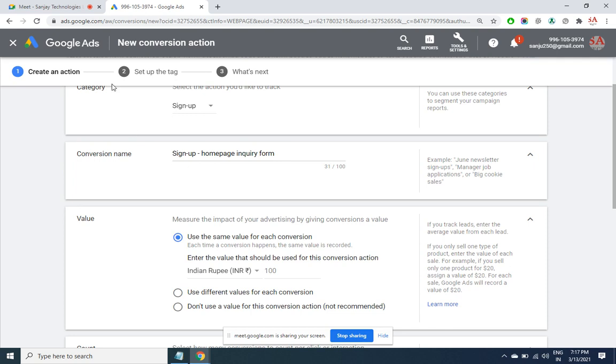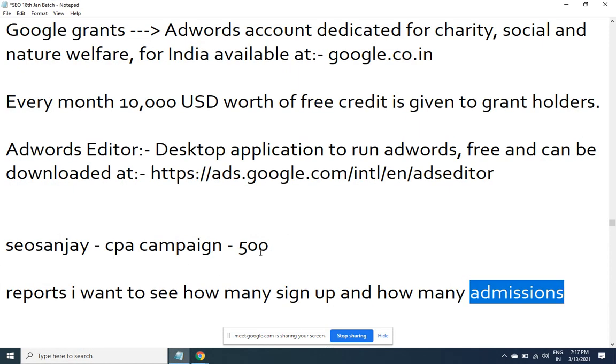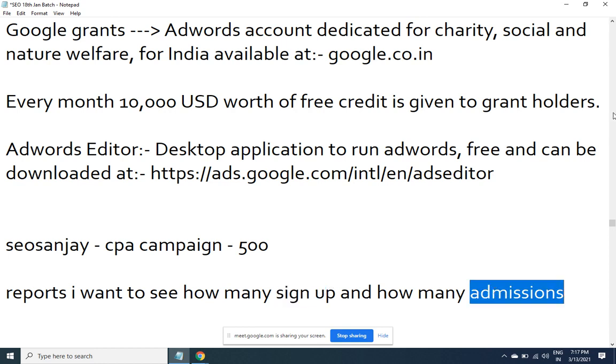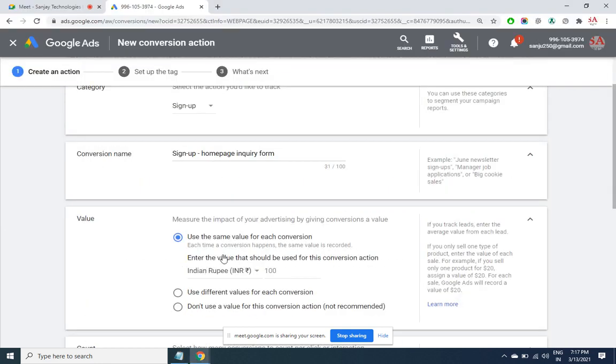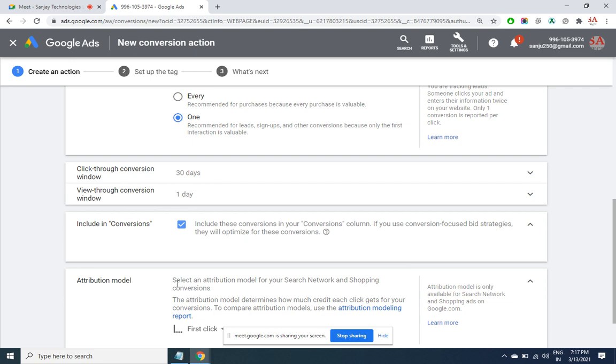So I'll have to create two conversions. Two tags will come. Two tags have to be placed in the page. But the question is, Google is confused that while I'm going with the CPA billing option, which conversion am I referring to? Am I referring to sign up or am I referring to admission? So wherever you have selected here as yes, Google will see that, okay, this is the conversion that I am referring to.